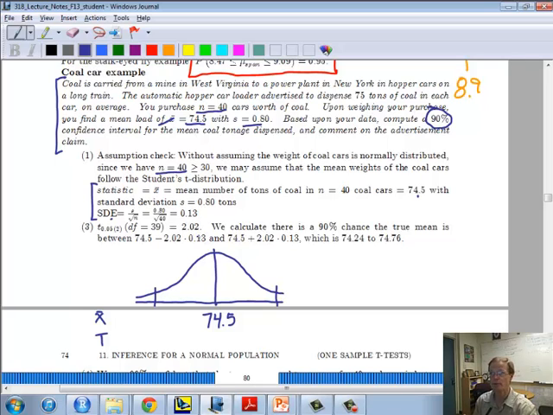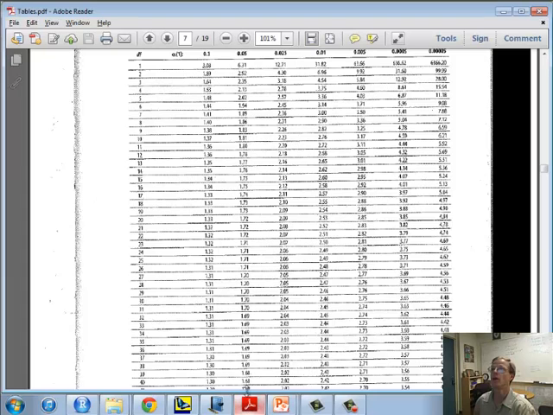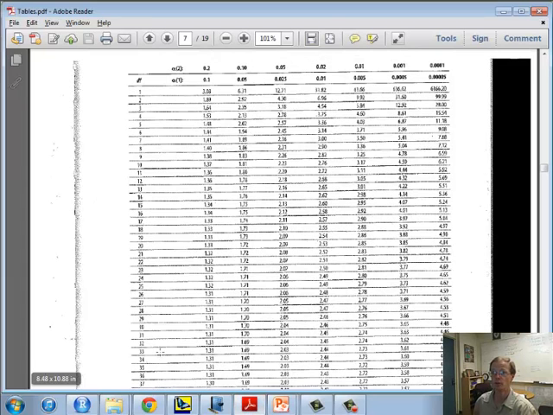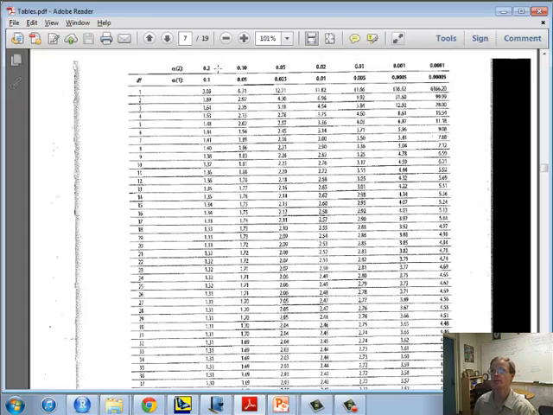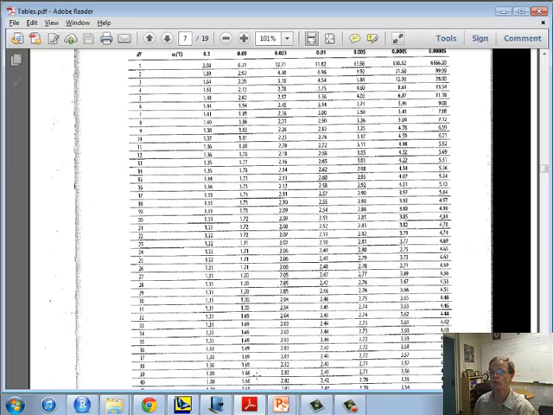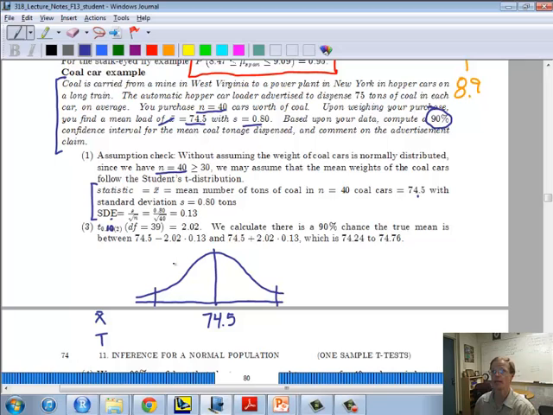And so for the 90% confidence interval, we're going to look up, and I need a 10% two tail. So let's go ahead and pull that number from the table. Degrees of freedom is 39 because I have a sample of size 40, and the 10% two-tailed is 1.68. So I'm going to go ahead and pop that in here. On my notes I did a different one. So putting in my 1.68,